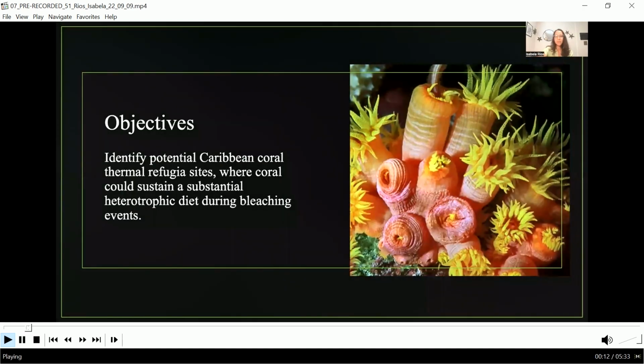The main objective of this project was to identify potential Caribbean coral thermal refuge sites where coral could sustain a substantial